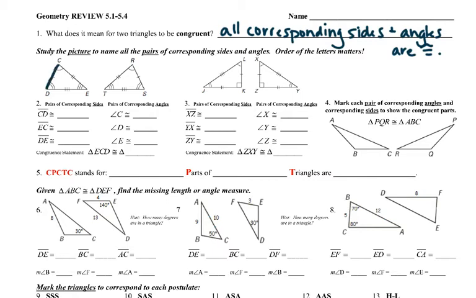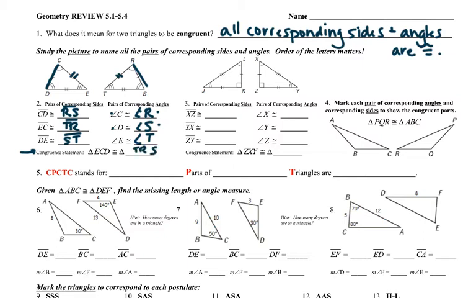So if I say CD here, that's going to go over here with RS. And actually first, I usually do the angles first. So I like to do angle C with angle R. Angle D has 2 swipes, that goes with angle S, and angle E with 3 swipes goes with angle T. So that way, if I say CD, I can just know automatically it's RS. Or EC has to go with TR. And then the picture can, of course, show me that EC does, in fact, go with TR. And DE goes with ST. And it has to be in that order. When we say the congruent statement, it has to be in the correct order,